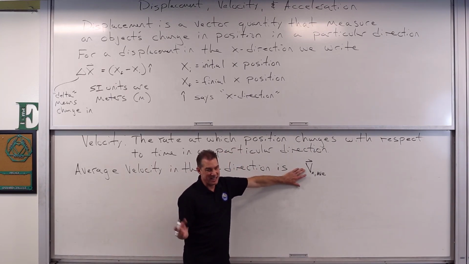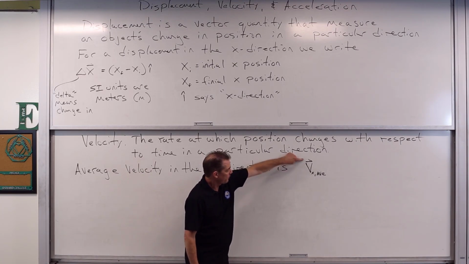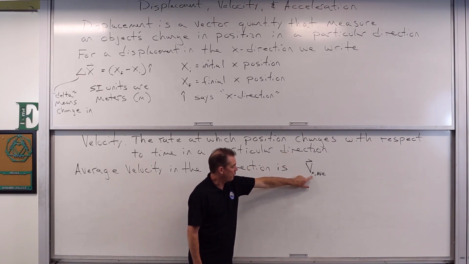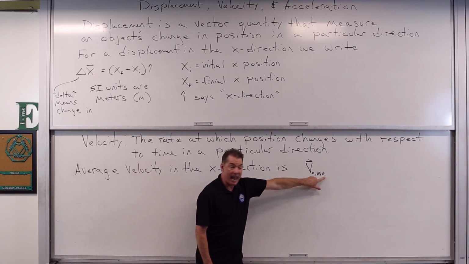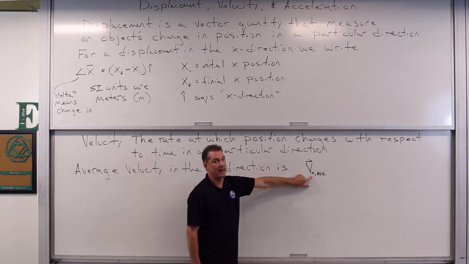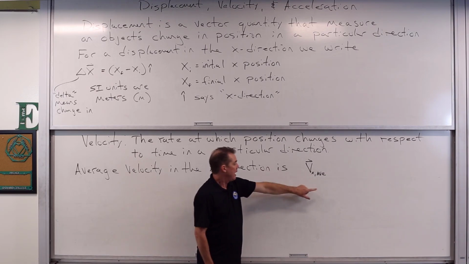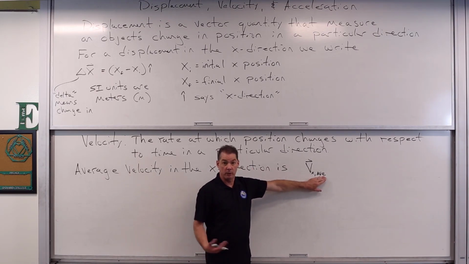It's a lowercase v, I know it's capital, but it's hard to tell the difference. It's a little v, the hat on top of it, and I subscript it with an x, comma, AVE for average. The x is saying we're talking about the x direction, and average means that we're talking about just the